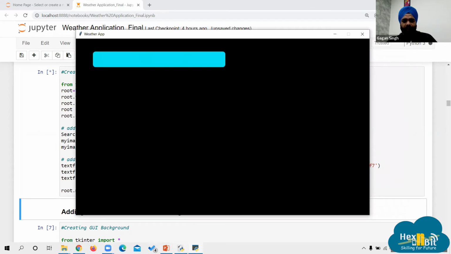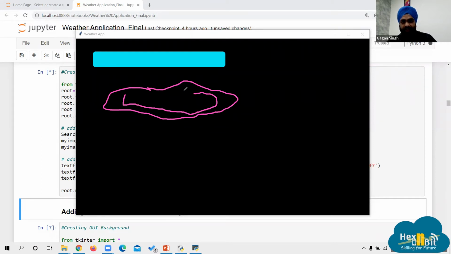So is this point clear, how we can create this much? Now in this, what I have done is I have used the image, and over that image I have overlaid the entry field. So this is a GUI technique I am using. This has nothing to do with coding directly. This is just the perception I am creating here in front of you using a background image, and over that, the entry field is created in the same color so that you can perceive it as a normal GUI that is appearing here, right?